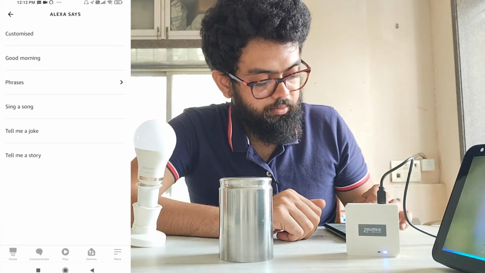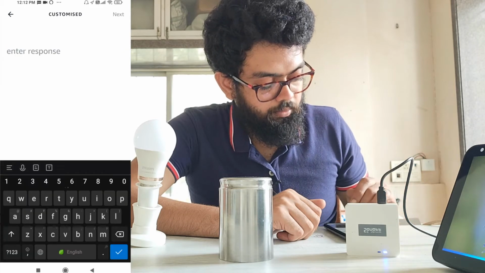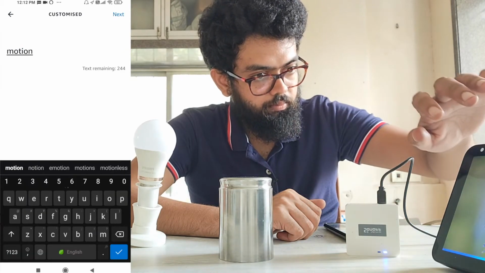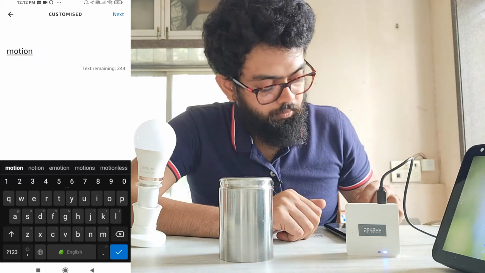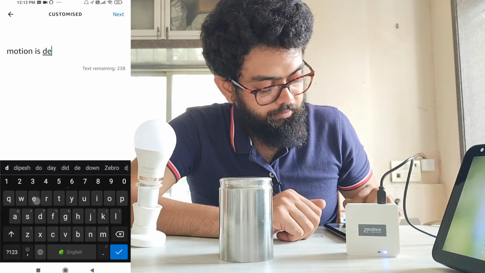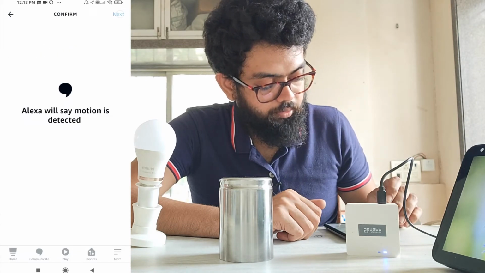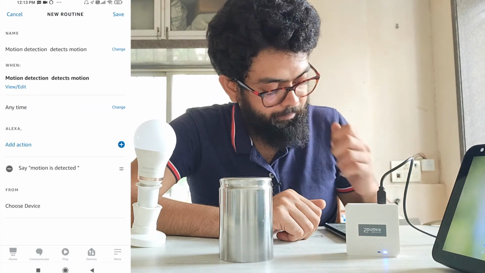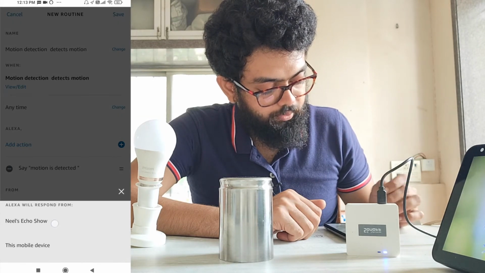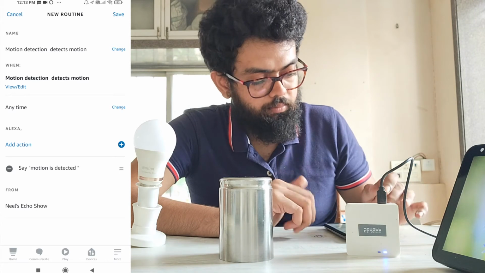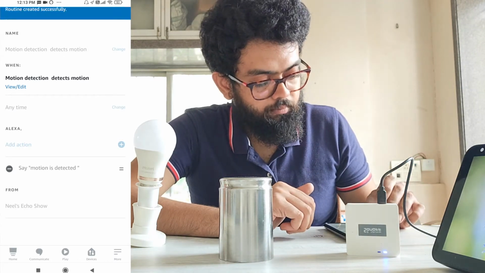Alexa says, motion is detected, next, next. Choose device, Neil's Echo Show. I'll keep it anytime, save.